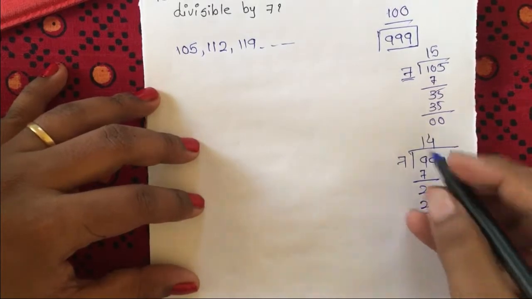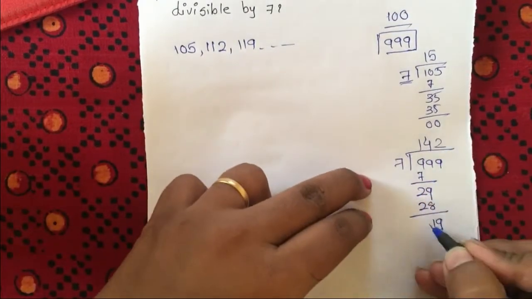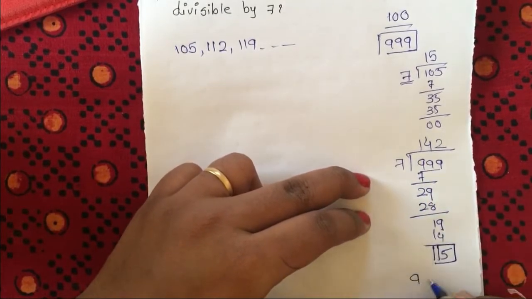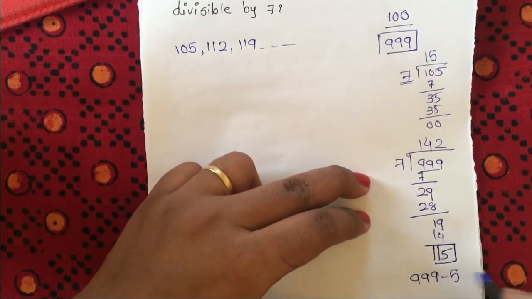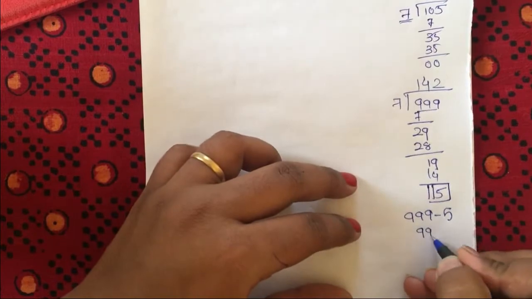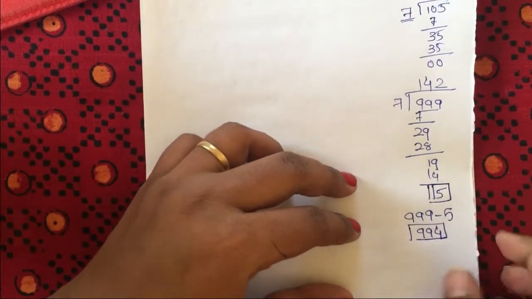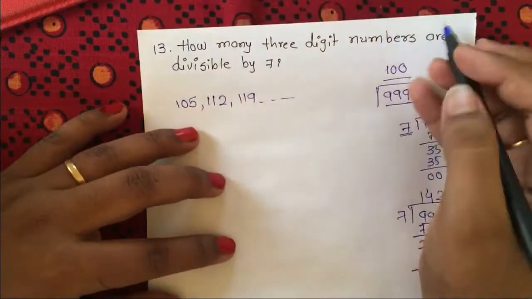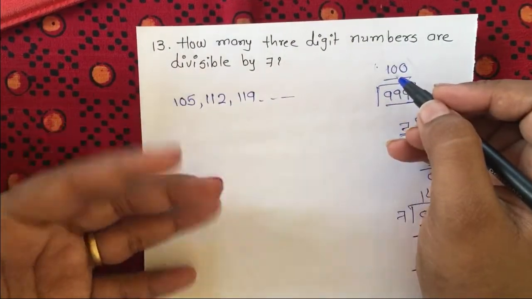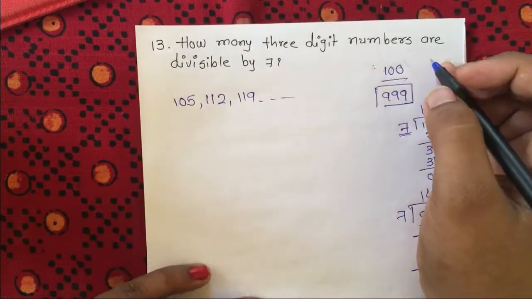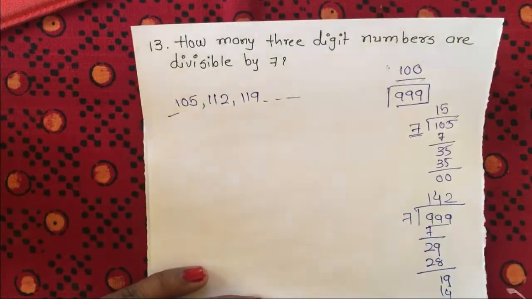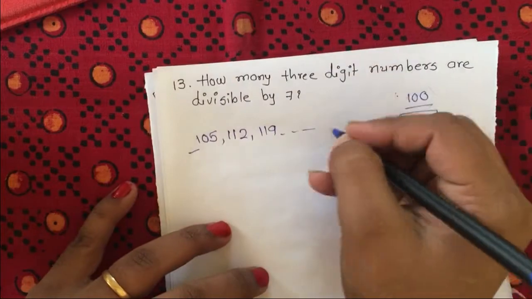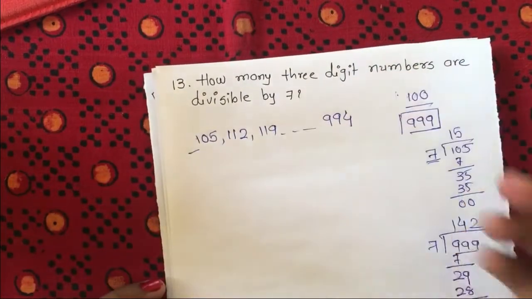5. ओके, सो यहाँ पे जो हमारे पास 7 2 14, सो यहाँ पे जो हमारे पास रिमाइंडर बचता है विच इज़ अ 5. सो हम अगर 999 में से 5 माइनस कर देते हैं, ओके, सो दिस इज़ 994. सो 994 इज़ ऑलवेज डिविजिबल बाय 7. सो आप यहाँ से भी ऐसे नंबर फाइंड कर सकते हो. जस्ट लाइक अगर मैं 100 से 7 को डिवाइड करती हूँ तो जो रिमाइंडर बच जाएगा उसको मैं 100 में प्लस कर दूँगी. देन वी हैव दिस 105. ओके, एंड हियर वी सबट्रैक्ट दिस नंबर दैट इज़ रिमाइंडर 5. सो वी हैव दिस नंबर दैट इज़ 994. सो हमारा जो लास्ट टर्म बनेगा वो बन जाएगा 994. ओके, सो दिस इज़ द सिंपल.